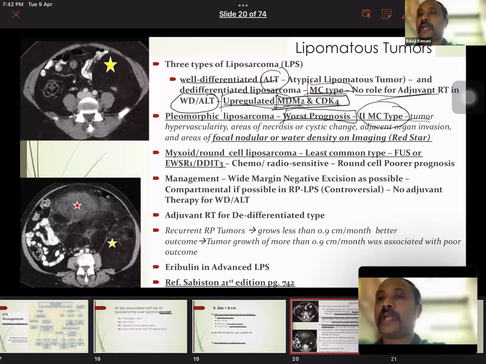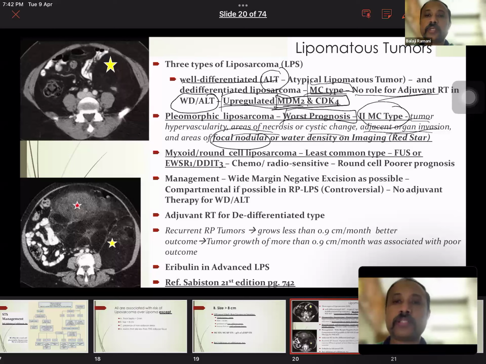So the tumor will be hypervascular. There will be areas of necrosis and cystic change, features of adjacent organ invasion, and areas of focal nodularity. Now in this picture, on the left, you will have the pleomorphic liposarcoma. So you will find some areas which are going to be like this, where you're going to have